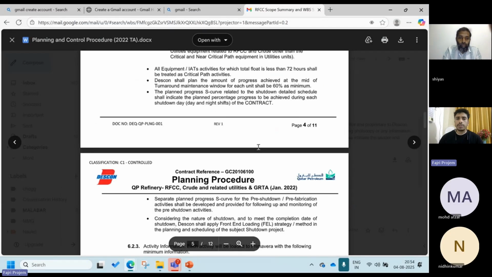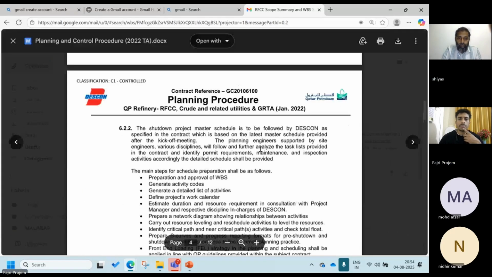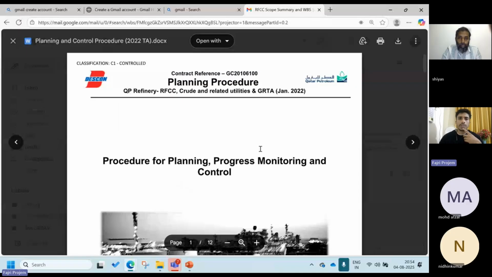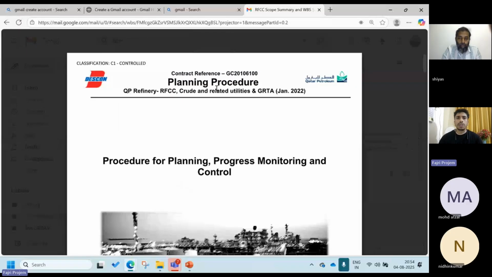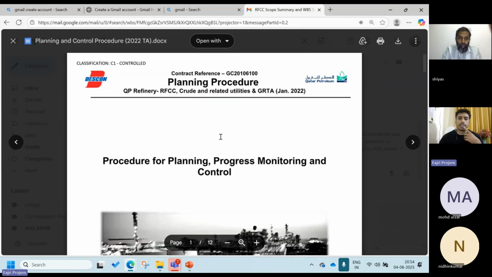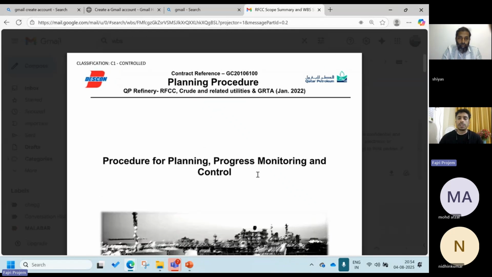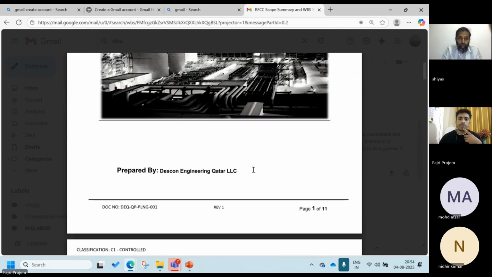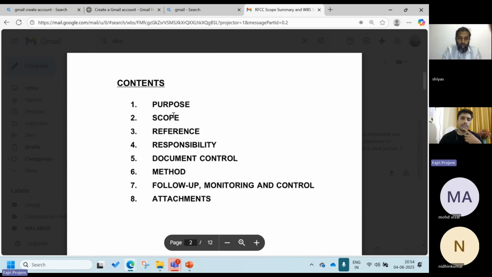Are you able to see my screen? Yes, I can see. This is a planning procedure. You can see the contractor. This is a document from Qatar Petroleum, a Descon company. There is a procedure for planning and progress monitoring and control. As you can see, if you can read this,